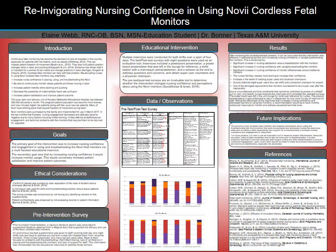Another component of the in-service included a skill station with a mannequin provided by the facility, which was used to help nurses practice placing the monitor patches, discuss how to troubleshoot their placement, and address any concerns immediately as they occurred. The last component was allowing time at the end of the in-service for staff to ask questions, provide their insight,